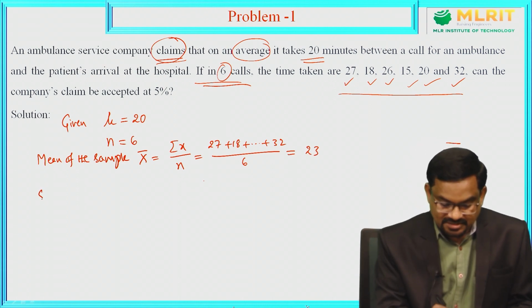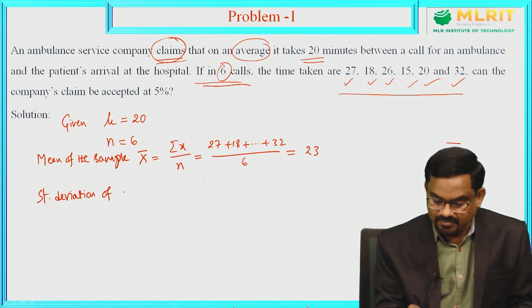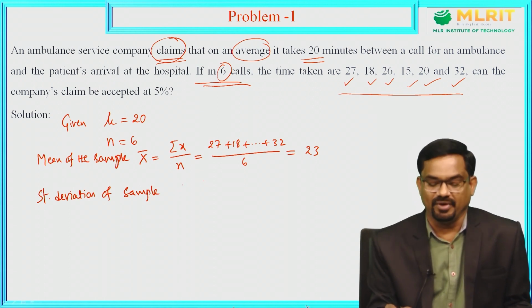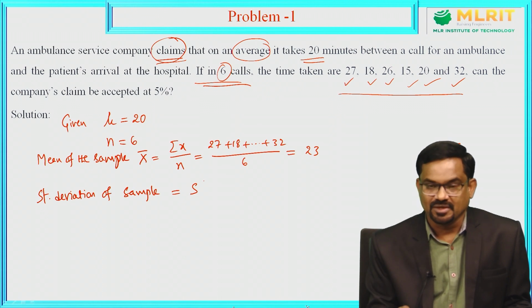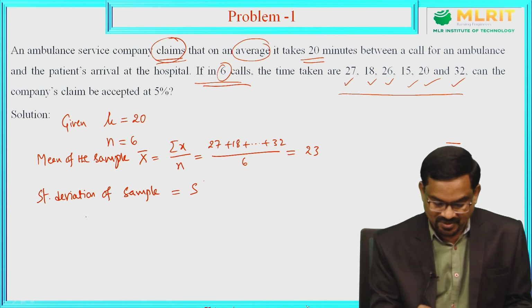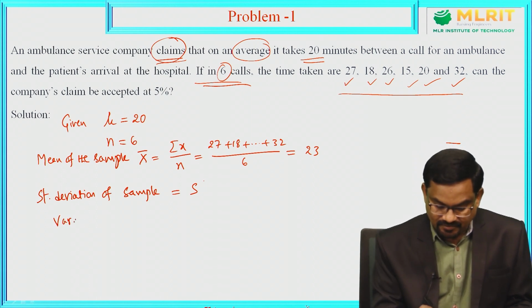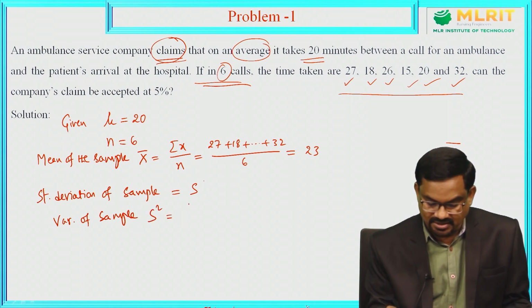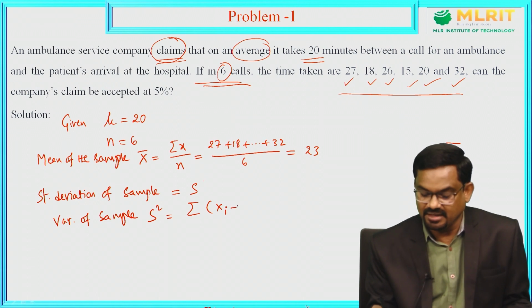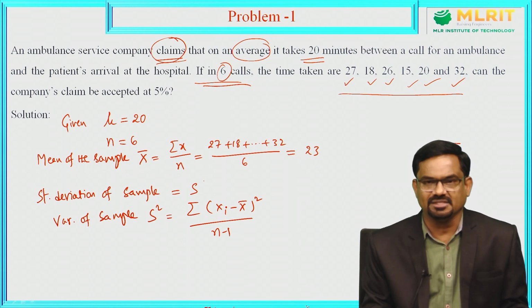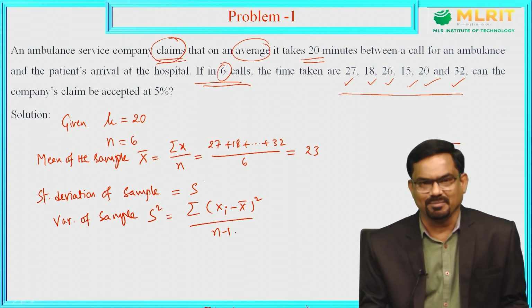Similarly, the standard deviation of the sample. What is the standard deviation of the sample? The positive square root of variance, denoted by s. So first, if you calculate s square, we can calculate the square root of that, s. To find the variance of the sample, denoted by s square, the formula is sigma (xi minus x bar) whole square by n minus 1. Since we are calculating the variance for a sample, in the denominator we use n minus 1,